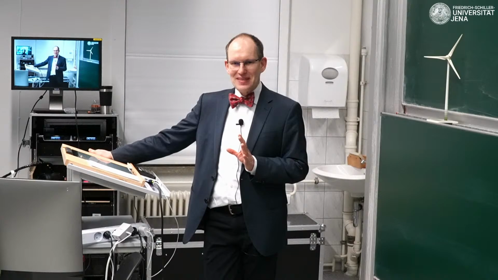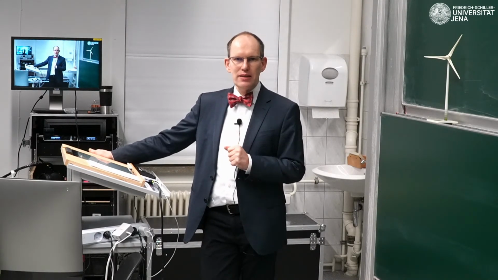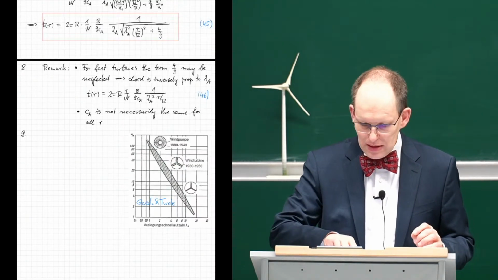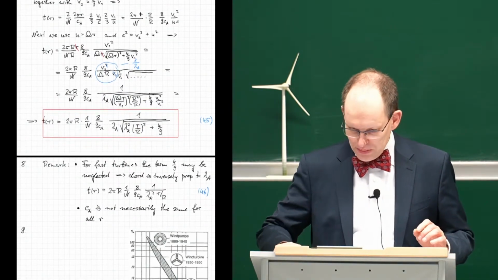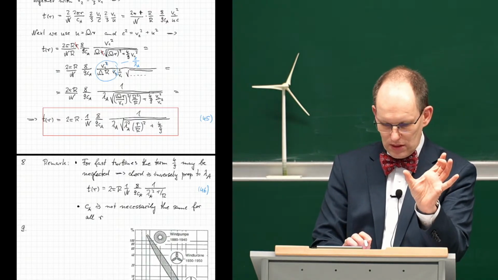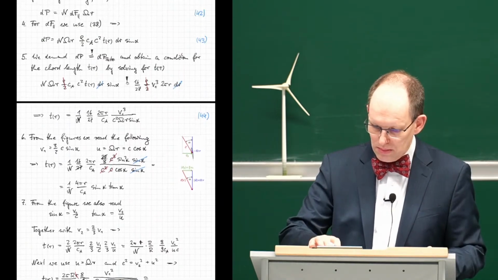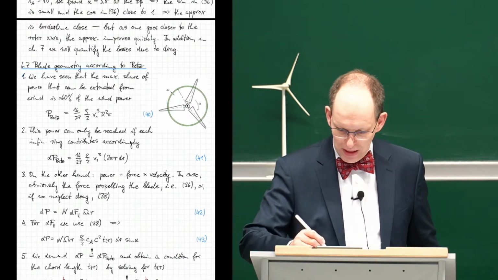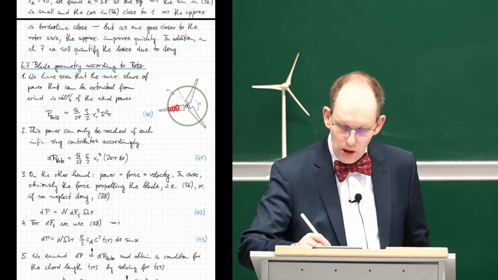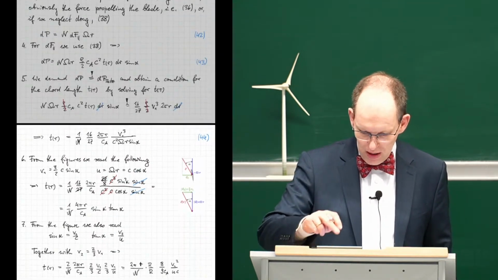Let me pick up where we stopped last time, and let's look at the formula that we derived. So here we have this formula. What we calculated was the depth of the blade in dependence of the radius. So here we have such blades, and we were calculating this length here, the chord length in technical terms, as a function of the radius, and we found that